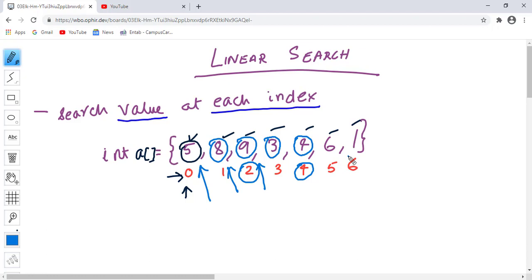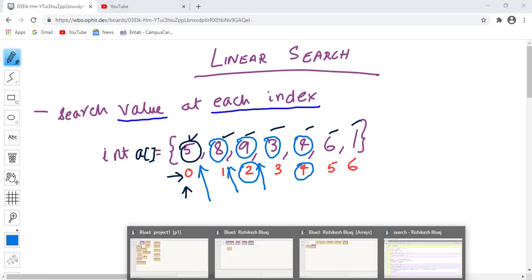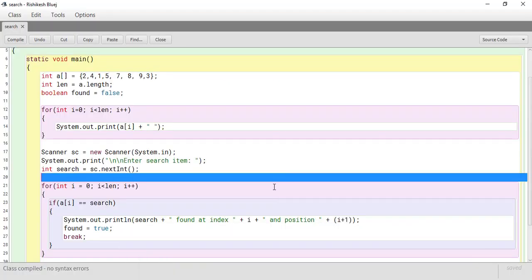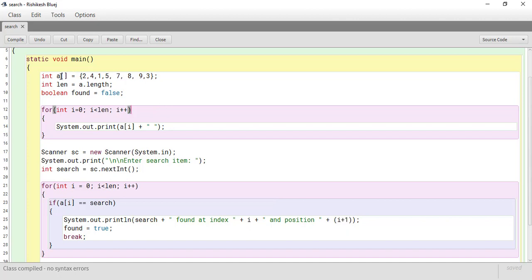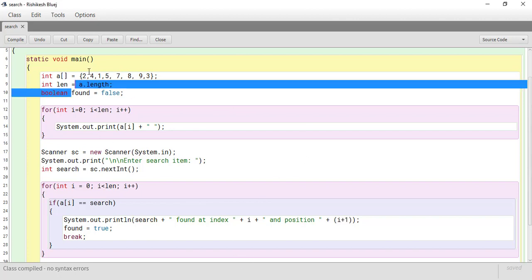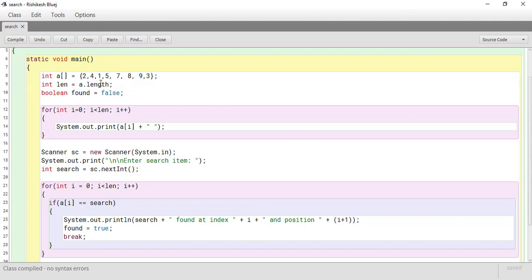So let's look at the coding for this. I've created the array here in line number 8 with a few data items. Then on the next line I am calculating the length of the array.